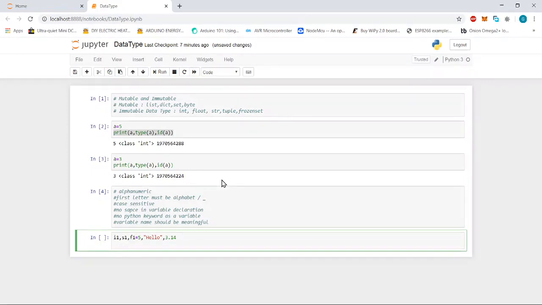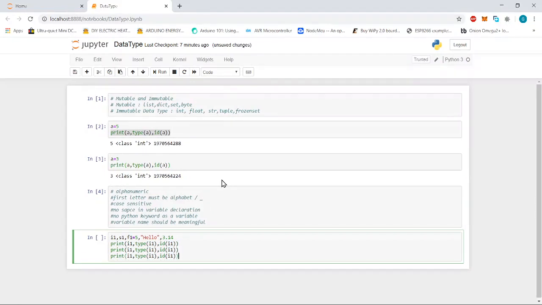Now let's try to print the value of each variable, its id, and its type. So print, let's say, i1, comma, type of i1, comma, id of i1. The same thing we will repeat for the remaining variables, here string, here float.